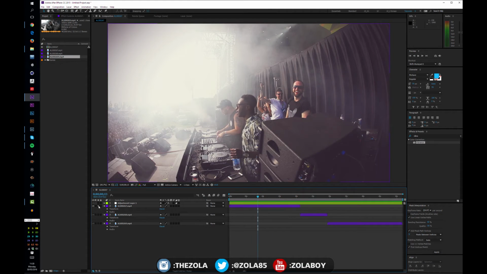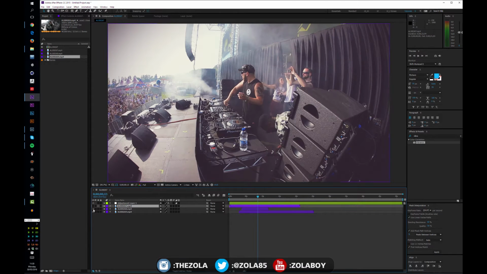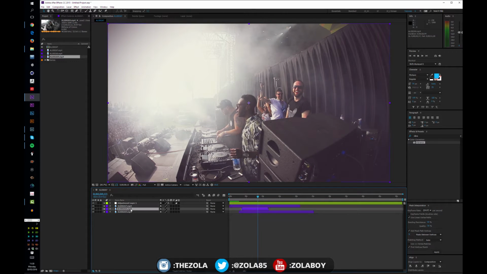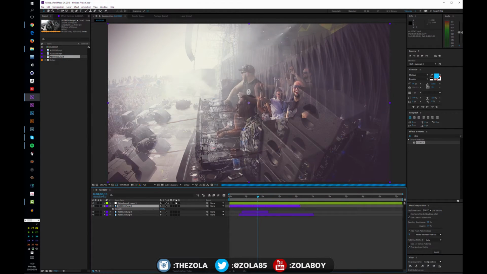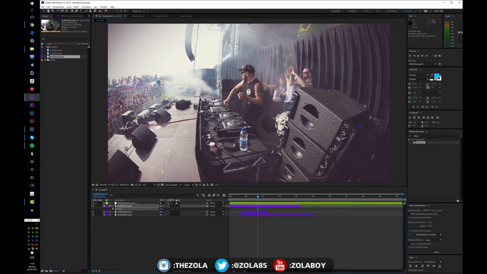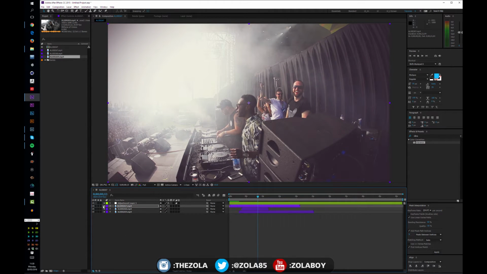Solo is the next one. This allows you to view just the clip. So let's say that, for argument's sake, I have all three of these clips lined up. As you can see, the solid area of my layer is visible, which means all three of these are visible, but I can only see the one that's on top, obviously, as we explained before. As you go down, the top layer will always be visible unless it's transparent, in which case you can toggle the transparency. I'm just pressing T to bring up the opacity there. You know that you can find it in